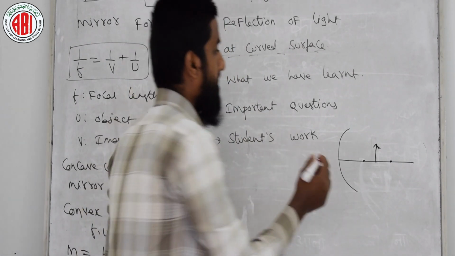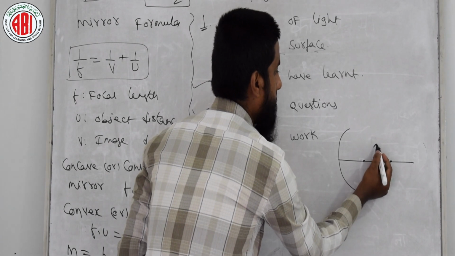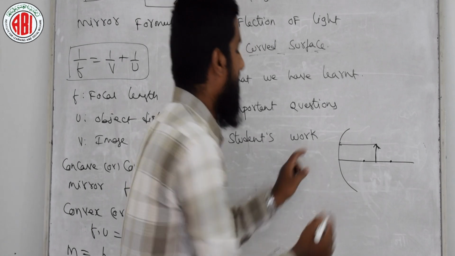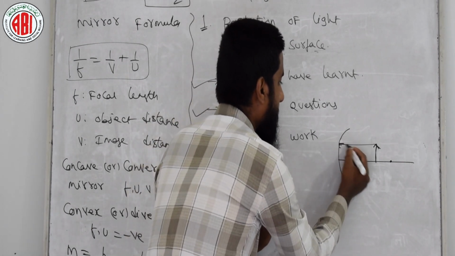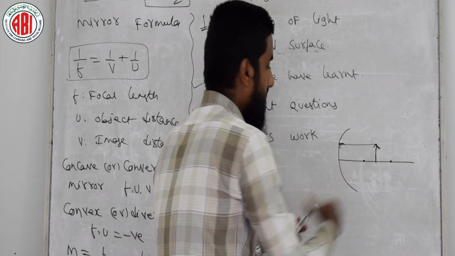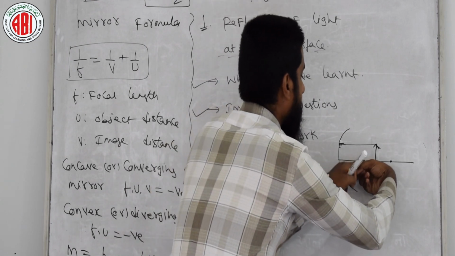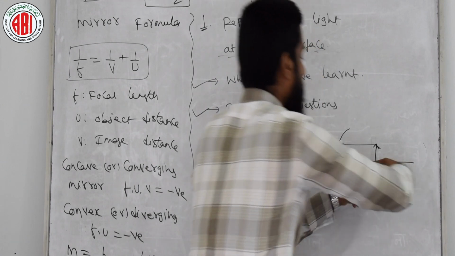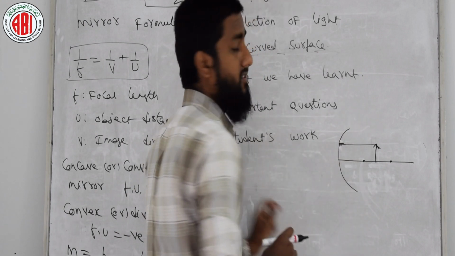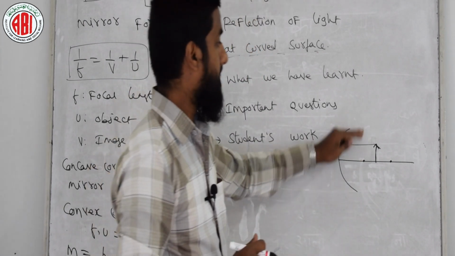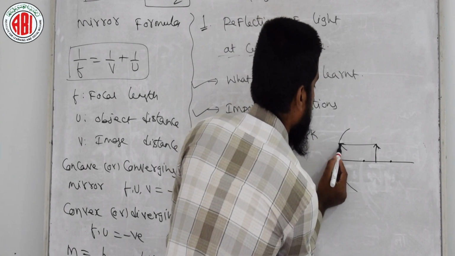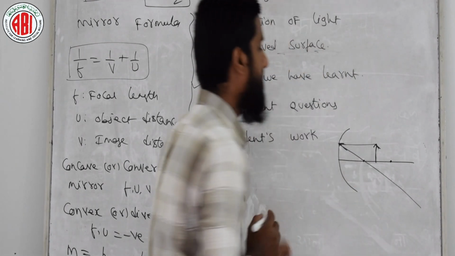So I am putting the object here. I am applying the first rule. Okay, rule 1. And make sure, students, once you are putting focus and radius of curvature, they should be at equal distance. You can see here, this is here, this is here. You have to draw the equal distance, otherwise we will not get a correct answer. I applied the first rule. What does the first rule say? When a light ray travels parallel to the principal axis, after reflection it goes through the focus. Okay, first I applied this rule.